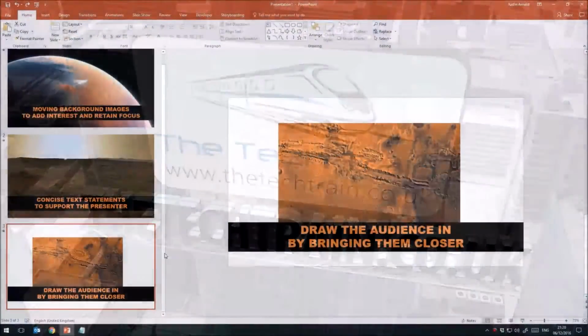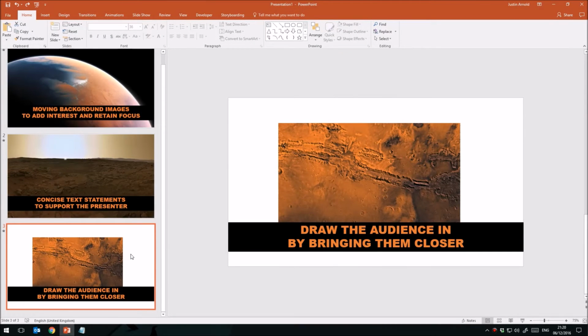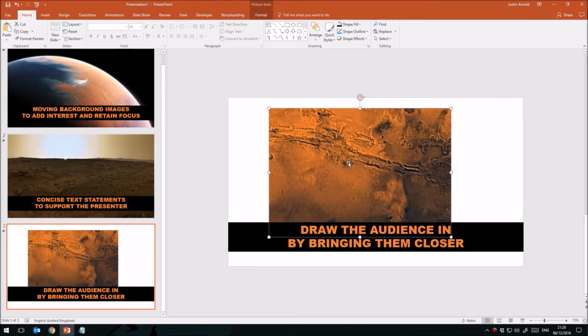So what I've done here is to add another slide to my presentation, and I've simply got an image here which is of high quality. Now what I recommend that you do is to use high quality large images, because those are going to create the best quality effect. You're zooming in on the image, and the more you zoom in on an image, the more you'll start to lose that fine detail and it will become fuzzy if it's not a high resolution